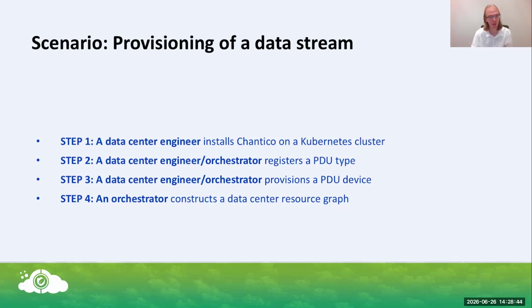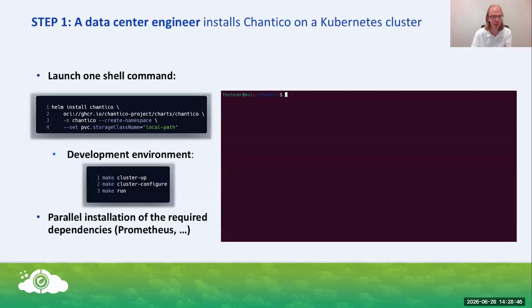So the first step would be to install Chantico. This is quite easy because you can install Chantico using one of two commands, which are shown here. The first command is really for installing on a production cluster. It's a simple one-line command where everything is packaged in a Helm package.